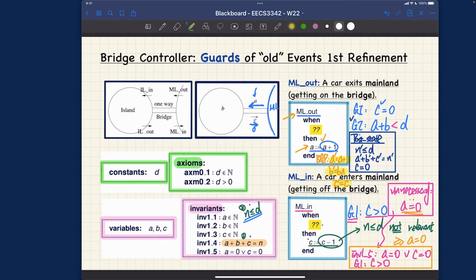Let's now do some very quick substitution, right? So what we have is A prime over here is actually going to be A plus 1. A plus 1 over here, and plus B prime is equal to B, so still B here, and C prime is equal to C. And you can see C is also equal to 0, according to the guard, right? So plus 0 is equal to M prime.